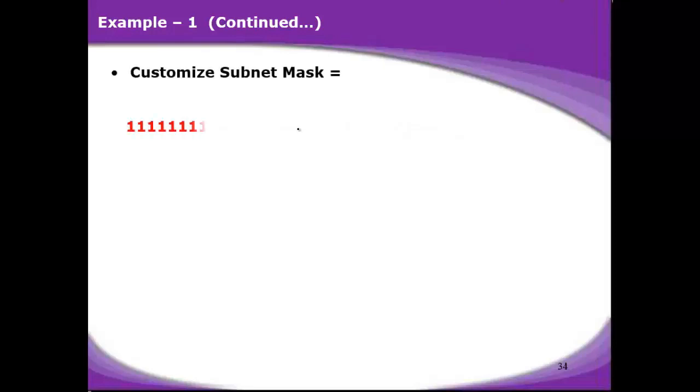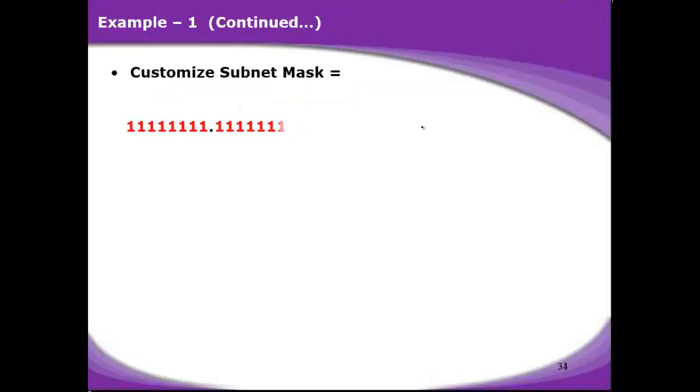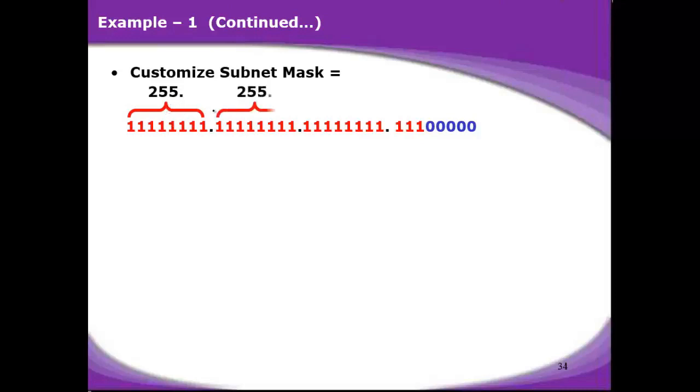So by default you have the mask. In this place you just have all the zeros, meaning 8 zeros out here, but by the calculation here you came to know that I have to convert 3 bits from the host, meaning zeros, to ones. So the decimal equivalent of these numbers is 255, 255, 255, but for this last octet you have to calculate. So for this position the decimal values are 128, 64, 32, 16, 8, 4, 2 and 1.